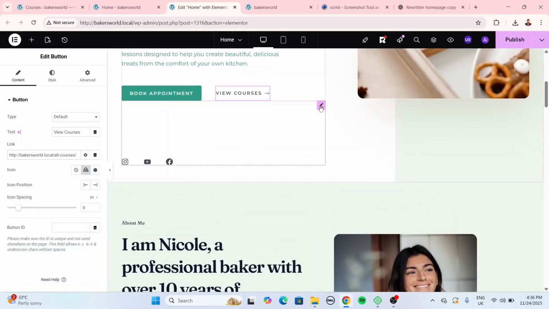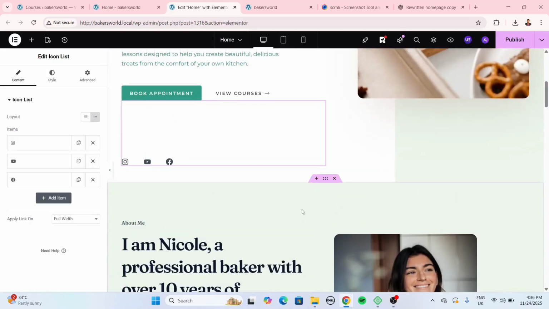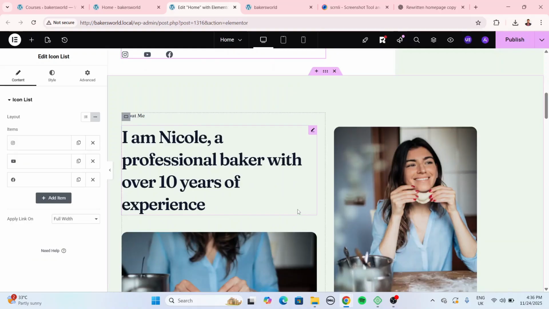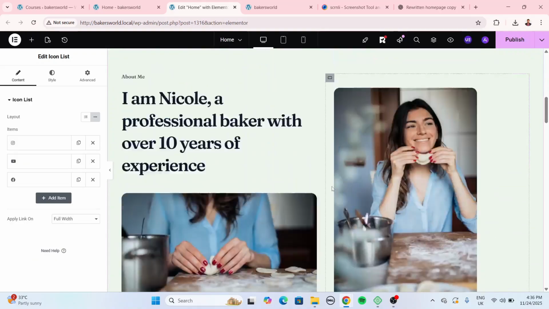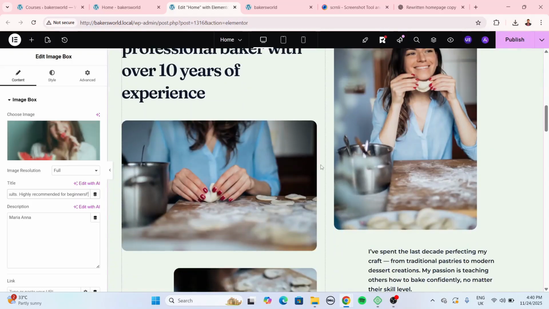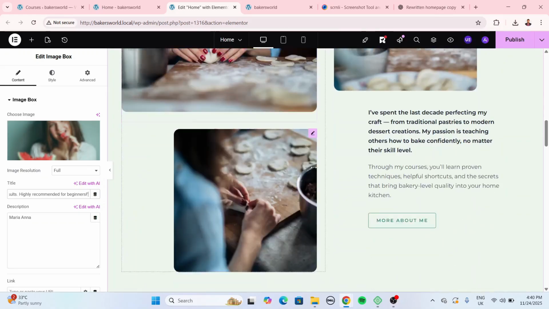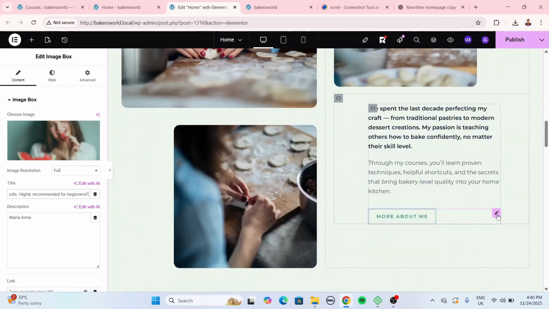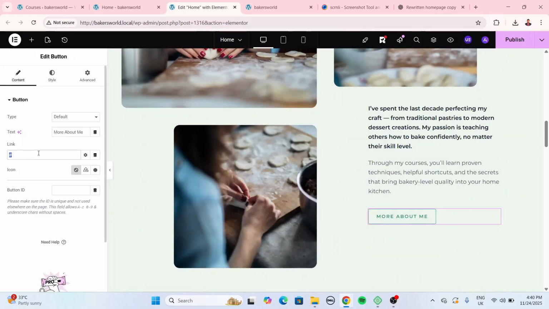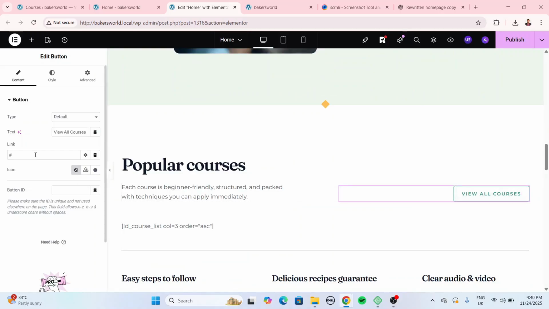You can also replace social media handles here, put in the link and do all of that. So I'm going to go ahead and just fill up the placeholders so they don't take a lot of time in this video. Alright, so now we've replaced all the placeholders with actual text. I've spent the last decade, and I'm Wisdom, a professional baker, and all of this. So more about us, just come here and then put about us, so it takes you to the about us page. About, same thing happens here. View all courses, go to all courses,